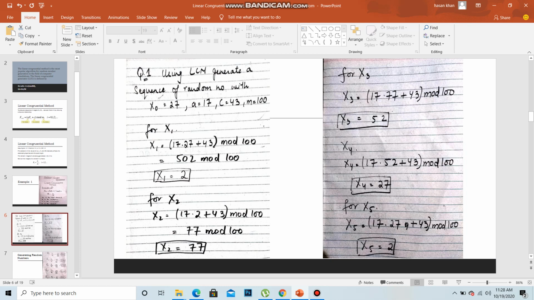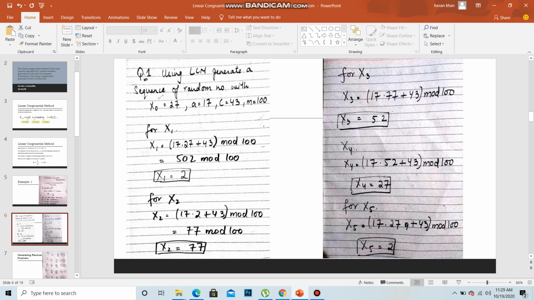Now we have performed 5 iterations. Why did we stop at x5? It is because we returned to 2, which was the value of x1. That's why we stopped here at 2, because we have returned to the seed number, and when we reach the seed number in the iterations we are performing, we terminate the process. So there are a bunch of x we have determined here, like x1, x2, x3.